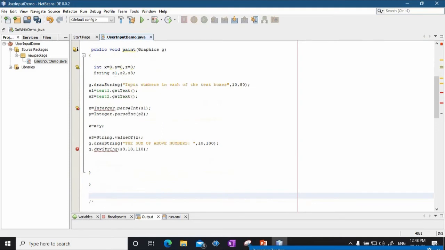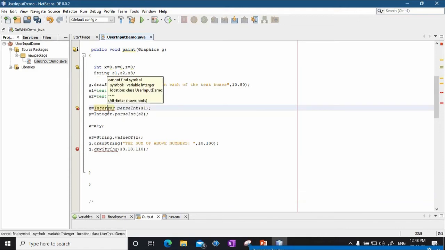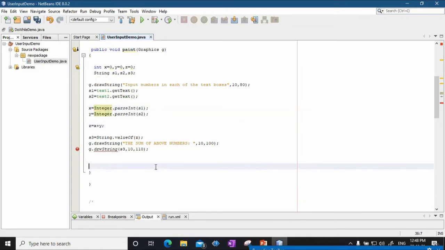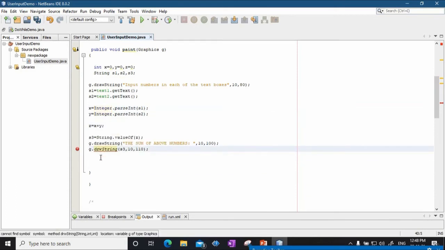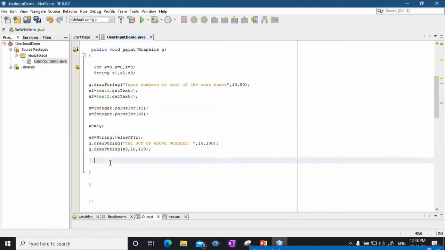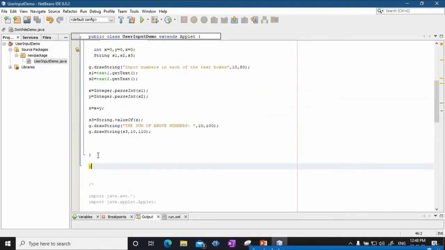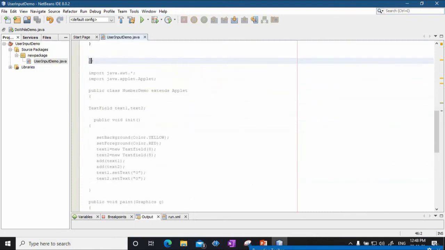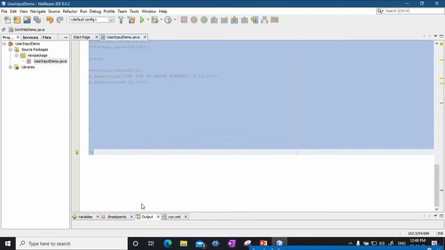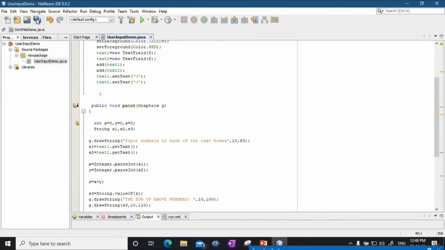Okay, Integer.parseInt, see here, spelling mistake, Integer, and it should be drawString. Silly mistakes. Save. So that's it. I don't require any other code, so whatever I had copied, I'll delete it. I will save this file.